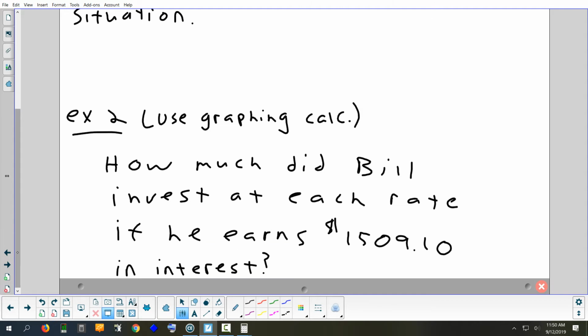So let's say that Bill invested in each investment and he ended up earning $1,509.10. How much did he put in the lower investment, the 6.75, and the higher investment? How much money in each? Okay, so let's